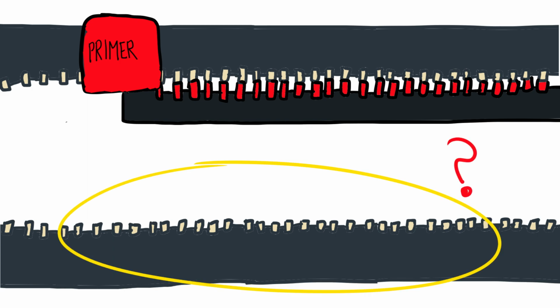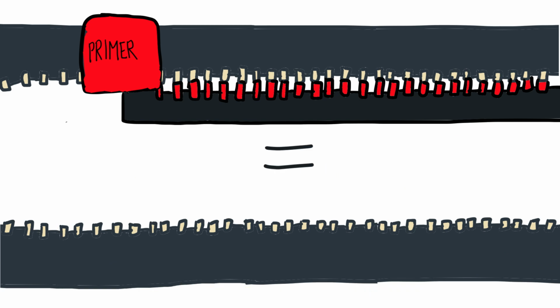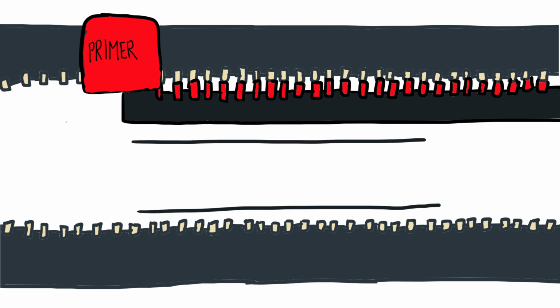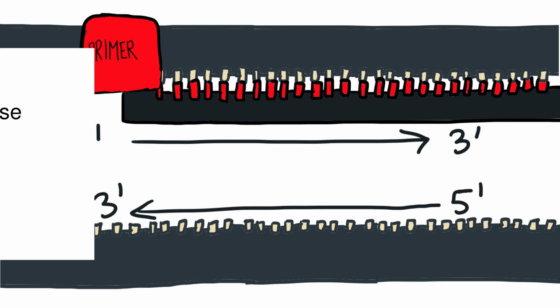Now we've successfully understood what happens with one DNA strand, but what about the other one? You may think that the other strand of DNA that was unzipped may go through the same process, but it actually does not. DNA strands are anti-parallel. That means that DNA strands are parallel, but they move in opposite directions. So one DNA strand starts at 5 and ends at 3, while its other strand starts at 3 and ends at 5. There is a reason behind why we use 5 and 3, and that's because of carbon atoms that